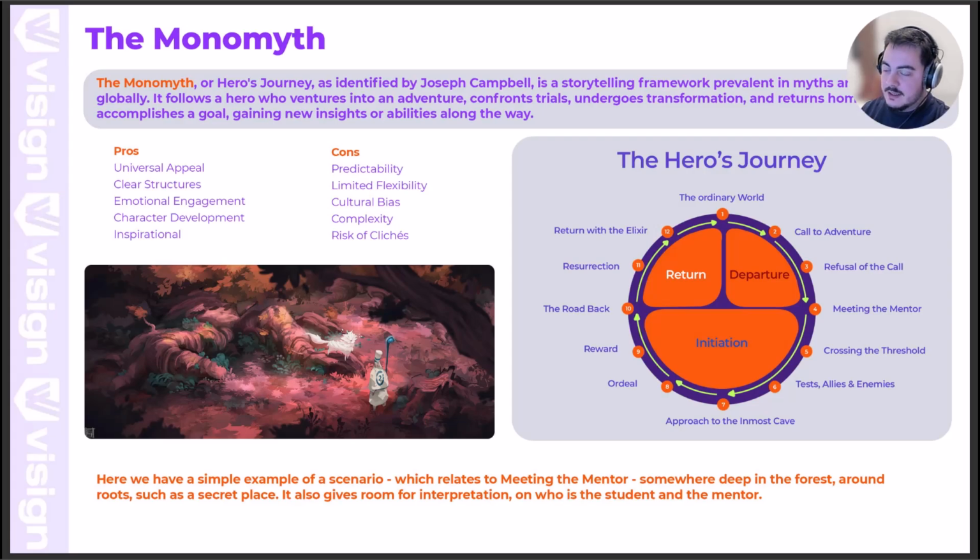All right. And of course, here we have to go through some pros and cons. You'll see the diagram on the right, and you'll see how the entire process goes from the ordinary world to the call to adventure, refusal, and the entire set, up to the return with the elixir, and then back to the ordinary world. So this entire journey that the hero goes through is basically a transformational journey that helps our hero to become what it is, the hero.